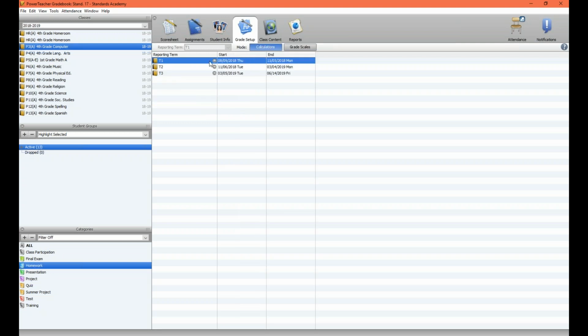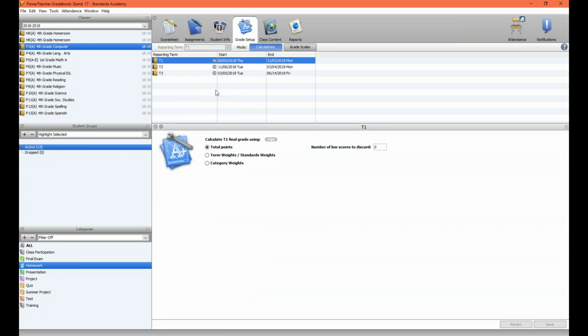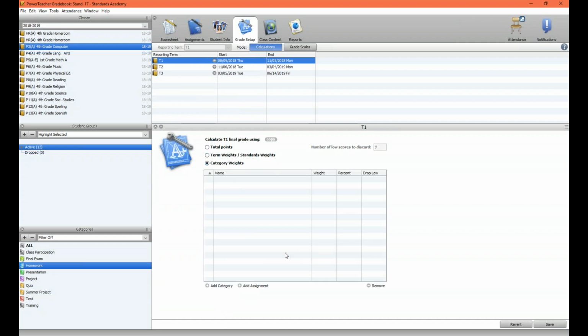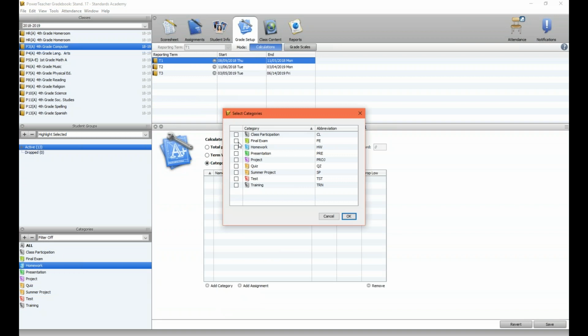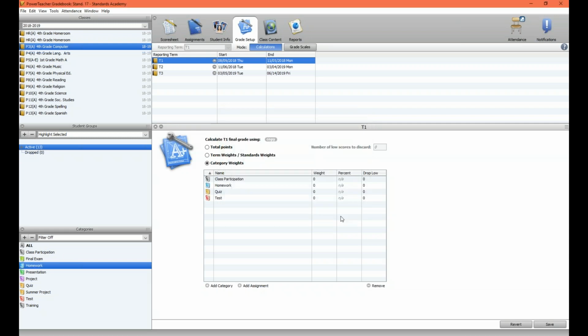Let me go over a quick example on how to set up category weights. If you click on the little arrow, click on category weights, you're going to be able to add as many categories as you want to make up the final grade. So I'm going to add these, and actually, we'll do class participation. I'm going to say these 4 categories are going to make up my final grade. So any assignment that falls outside of these 4 categories is not going to be included in my final grade